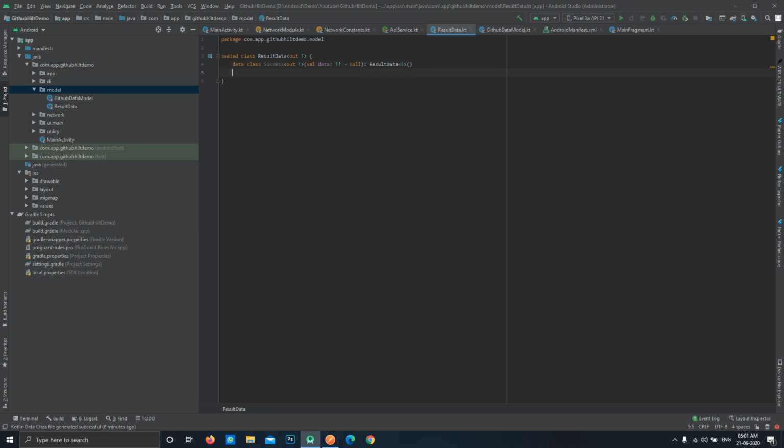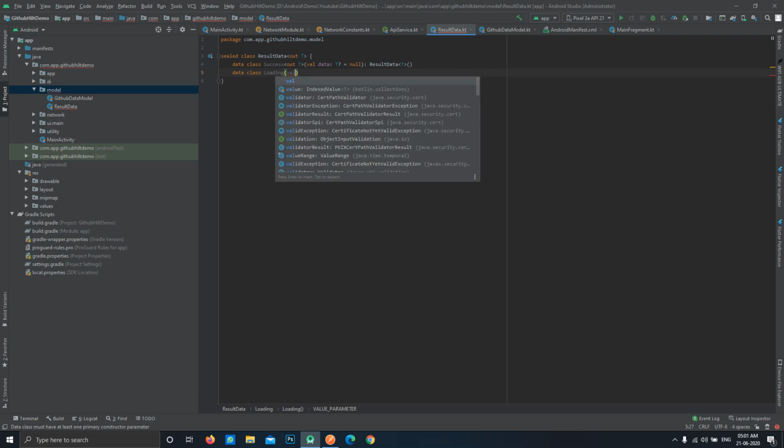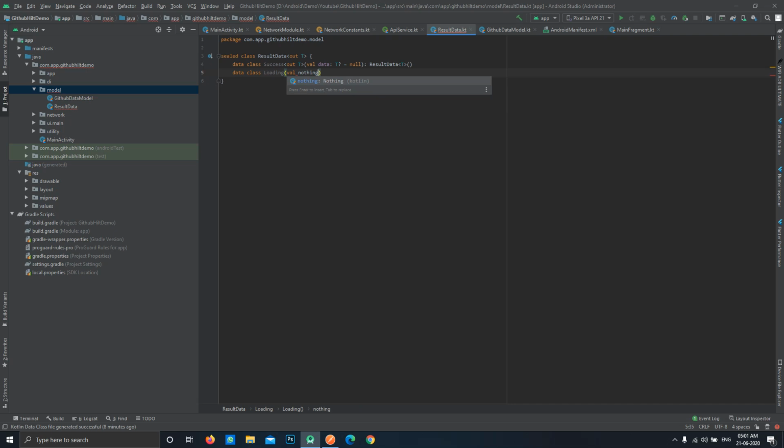So now the second status type is, let's say, loading. This will tell us that our API is in loading state. So it should return actually nothing, so in actual we'll be using Nothing. Nothing is a type in Kotlin.